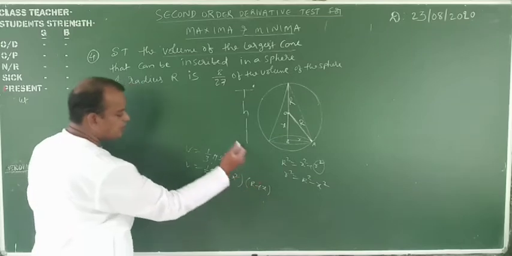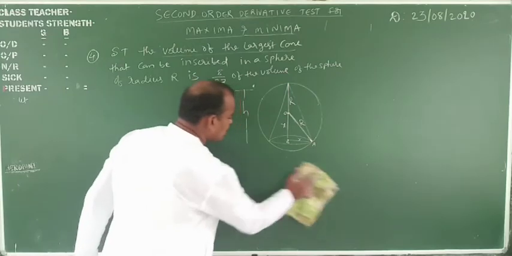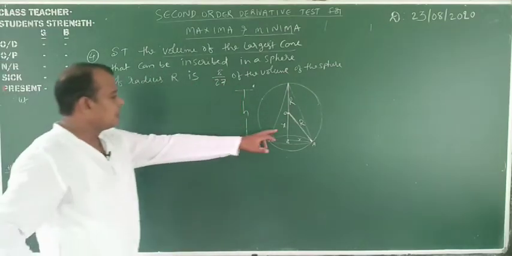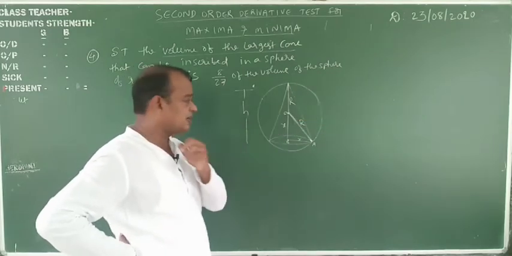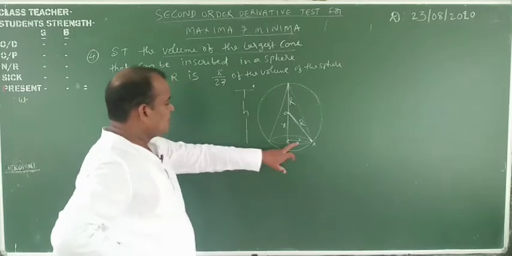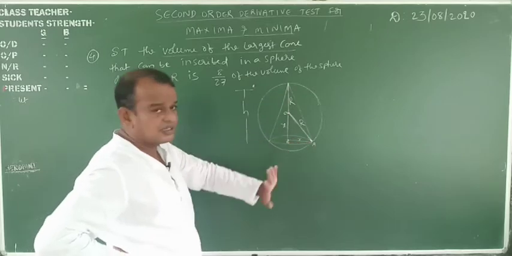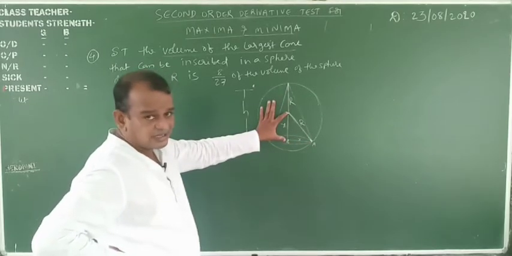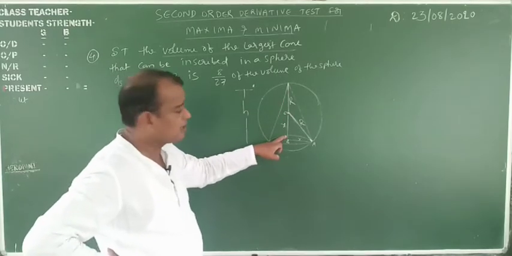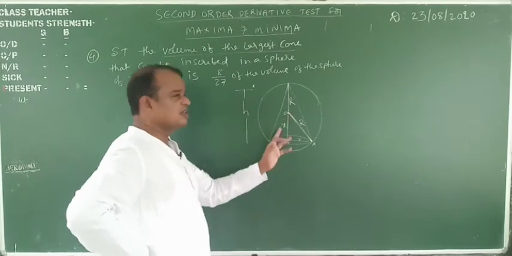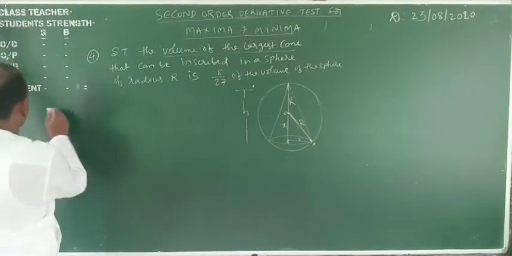Okay, my dear students, no problem at all. I am explaining now. Capital R is the radius of the sphere, and small r is the radius of the cone. From the center to any point on this, the distance is called x, whatever it may be. Now the height is equal to R plus x. We can also take total height h minus R and we will get the same answers. Now, let us see what is given one by one.